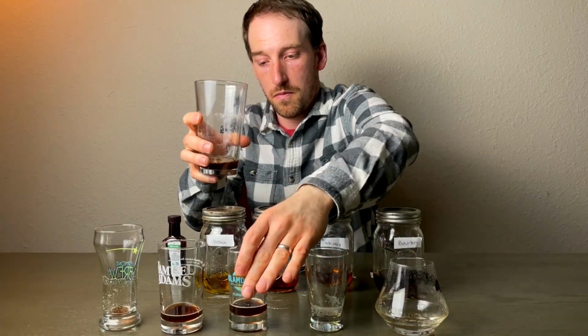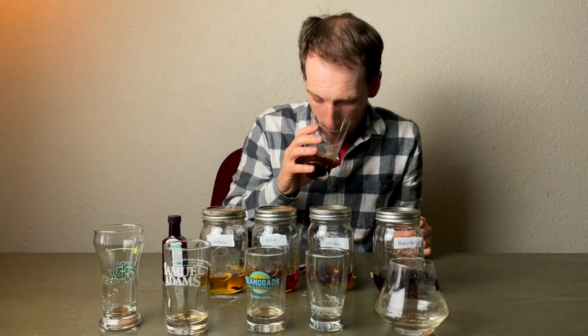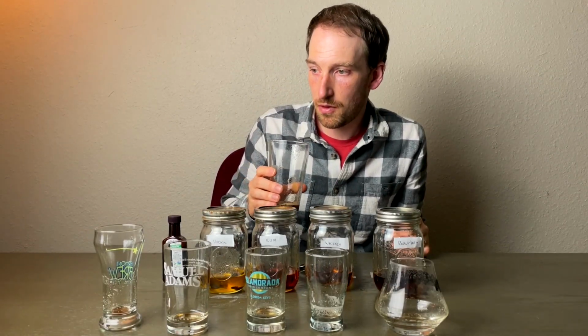Now, the last thing I had to try was mixing all 4 of these together, and that concoction actually kind of rounded out some of the flavors, and it did enhance the Tootsie Pop flavor that was there in the original base beer. Now, if you want to see how to make this beer for yourself, check out the